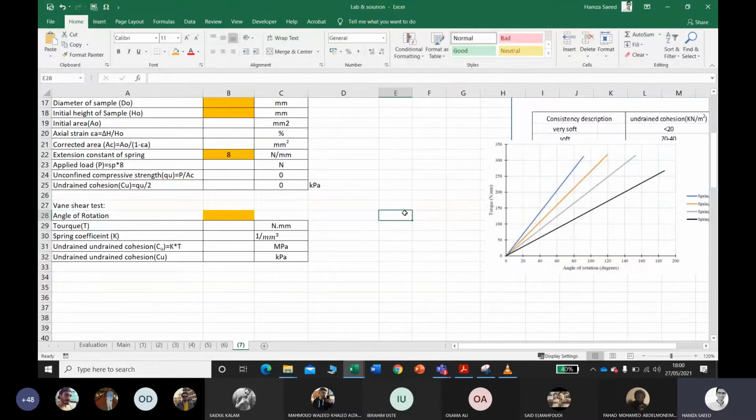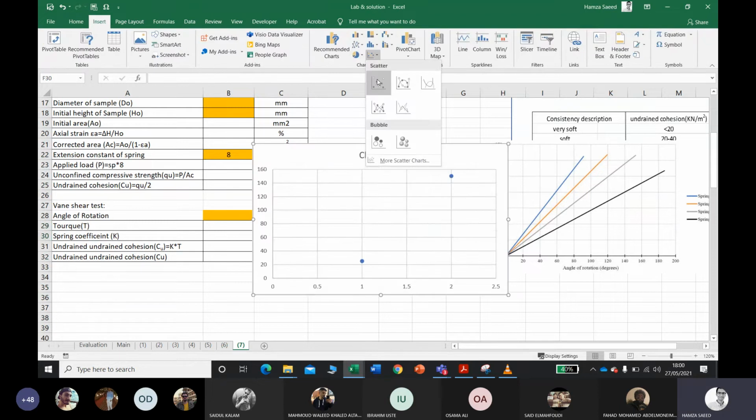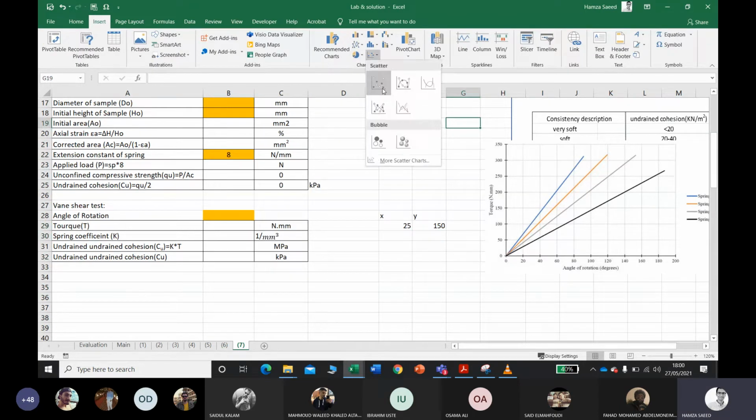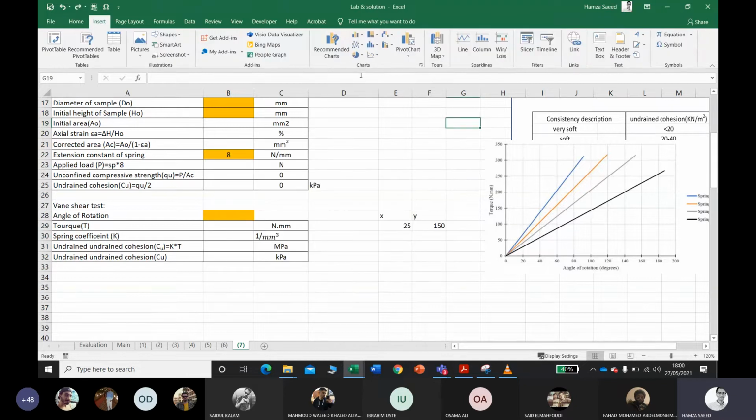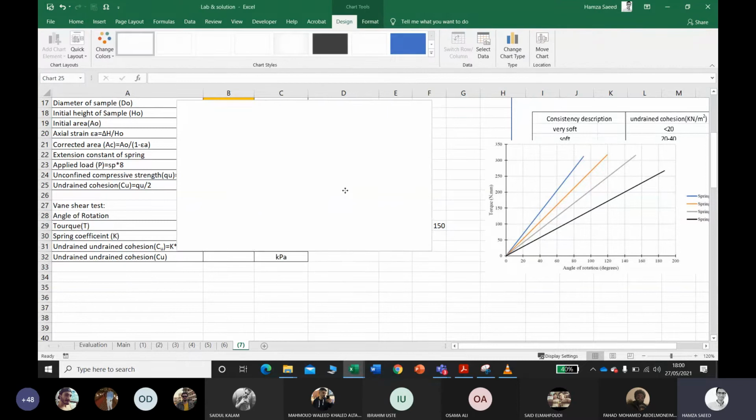Let's say x and y axis, and let us put some theoretical values. Let me go step by step. First, you need to go to Insert and go to scatter plot.